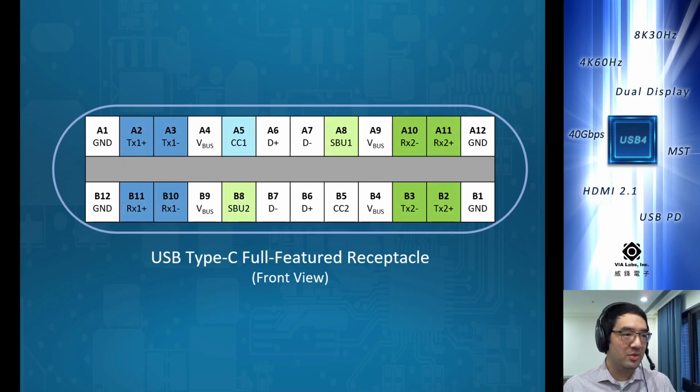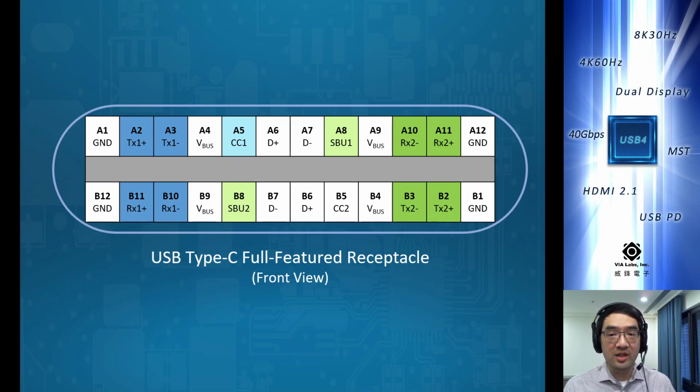So here's kind of a representation of what the Type-C connector looks like when configured into DisplayPort alternate mode. So we have the blue representing USB, and we have the green representing DisplayPort. This is actually a pretty elegant solution for supporting up to a single 4K display and SuperSpeed USB at the same time. But as you may know, DisplayPort can actually utilize up to 4 lanes by itself. So in this configuration, our video bandwidth is essentially cut in half.